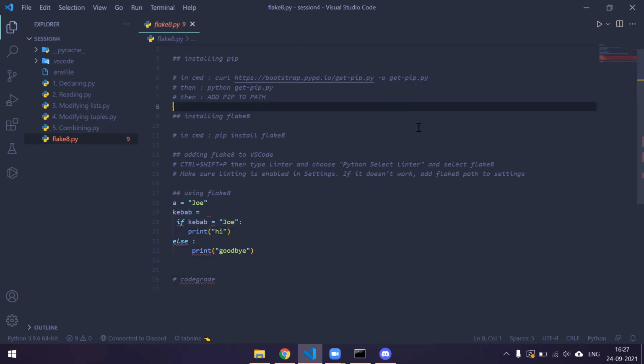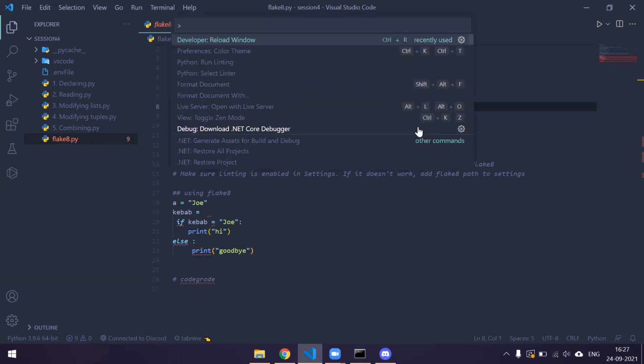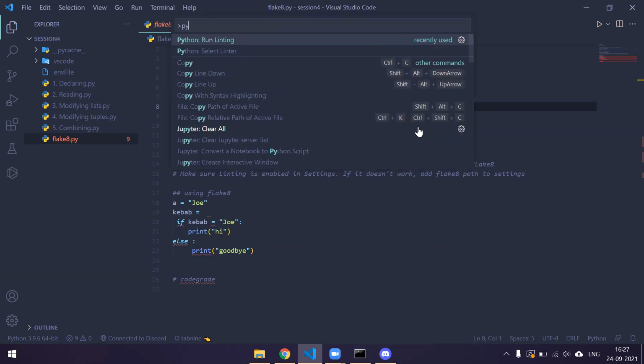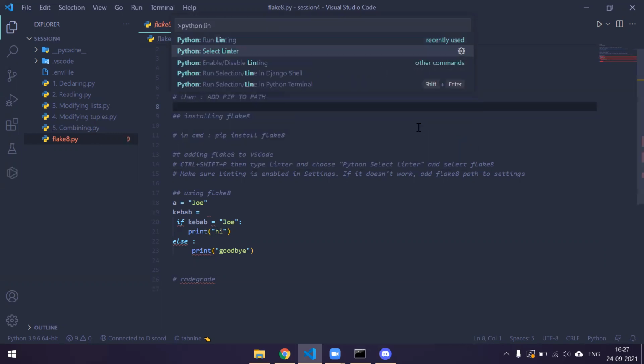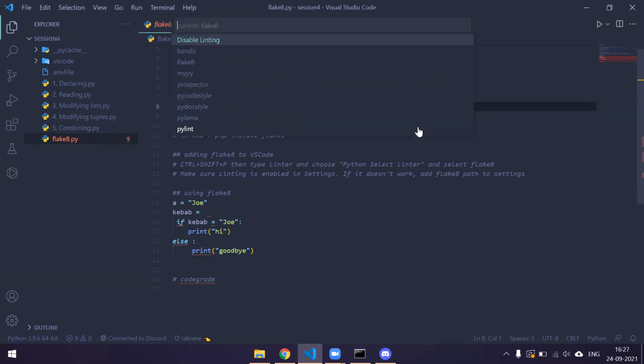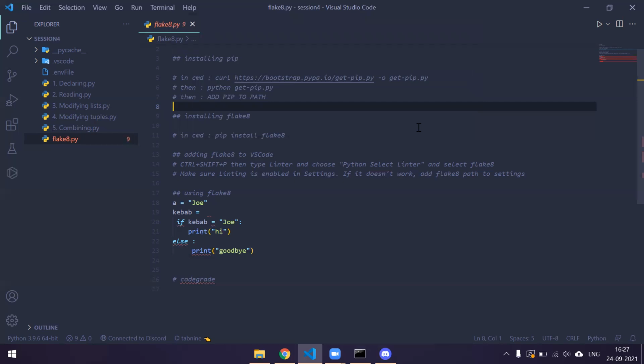If you, inside VS Code, hold Control and Shift and hit P, it'll open a little command palette in which you can write Python linter, Python select linter. And if you click there, click enter, or just click on it, it'll give you a list of options. In this case, we want to use Flake8, so we should just be able to choose Flake8. And then that should be it. So now every time we save, let me try and,